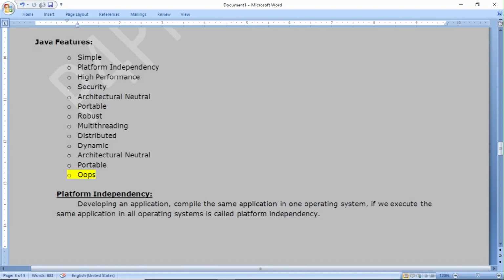There are four principles inside the OOPS concept: inheritance, polymorphism, encapsulation, and abstraction. Along with two more components: object and classes.